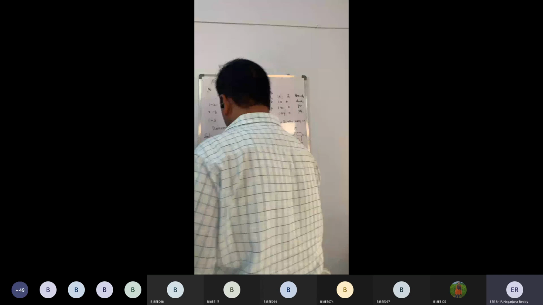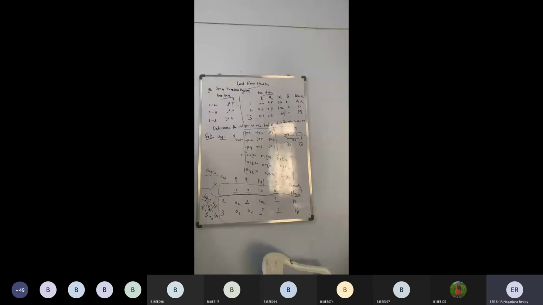Now, step number 4. It is about computing the voltage. Don't forget, this is an 8-mark problem for your examination, 10th semester examination. So I hope you are concentrating on what I am doing. Step number 4 is about computing the voltage at the end of first iteration. Only one iteration I am asking.